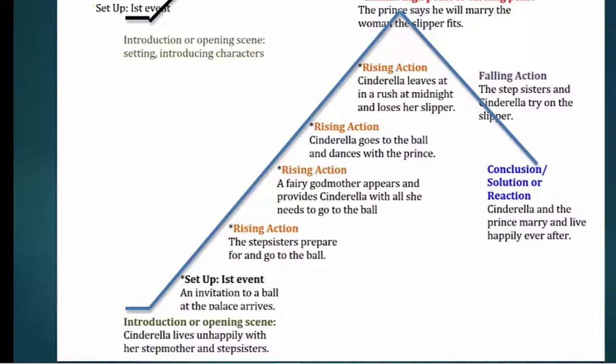Any question about this five-stage structure? Now you know the structure of a story: how to begin, events begin to develop, reaching the climax, and going down to the solution of the problem. Is it clear? Yes. If you have any question, as I told you, just hit the chat box. Let's go further.